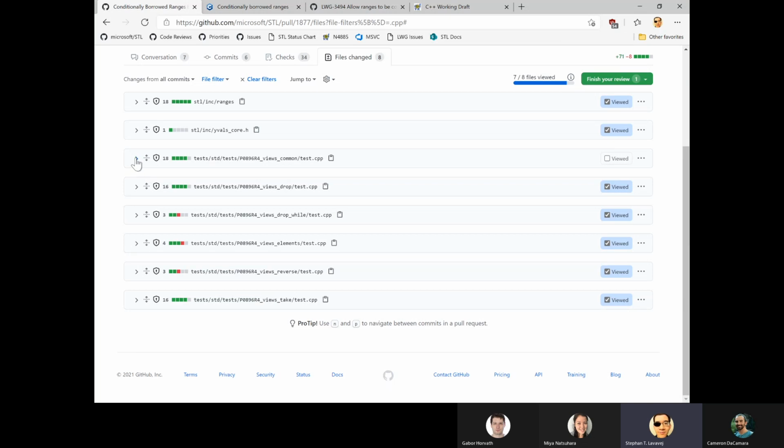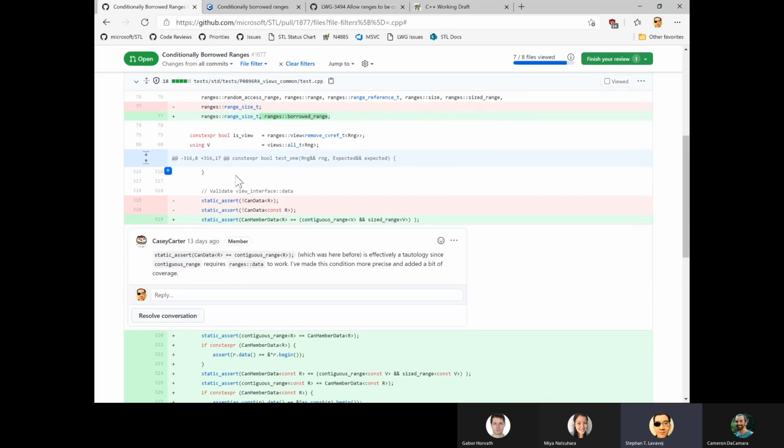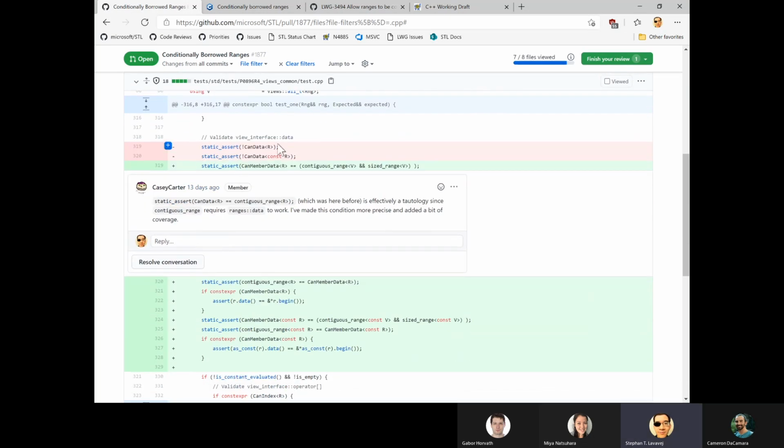Okay, now common view, which is 18 lines. Okay, so adding to the list. Well, this one just lumps everything together. Okay, so range is barred range. That's good. No repeats. Okay, so